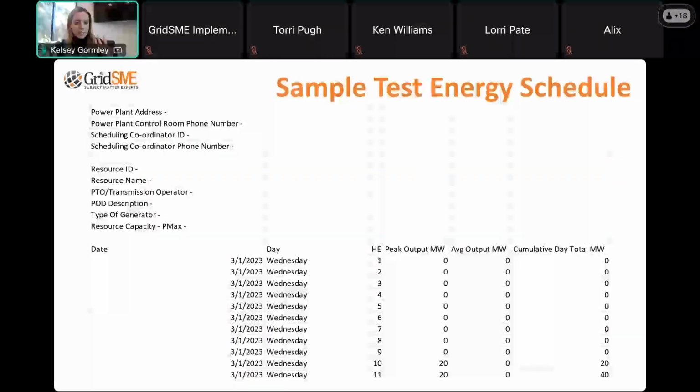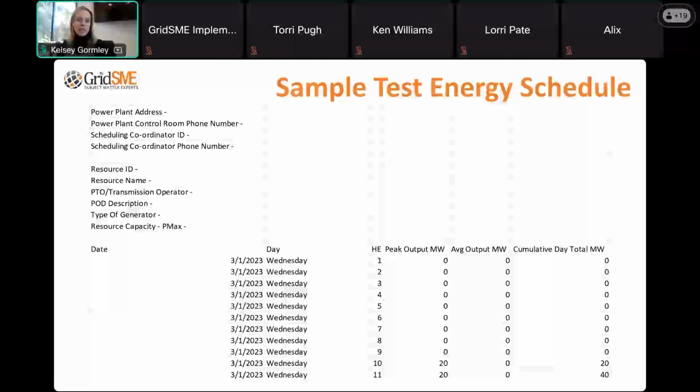So as I mentioned, just having sync OK does not mean you just get to automatically start using grid power. So one of the things that we really try to highlight for our resource owners that we work with is making sure we're communicating and coordinating with the scheduling coordinator on a weekly basis to submit accurate test energy schedules. This is a sample test energy schedule. It is not complicated.